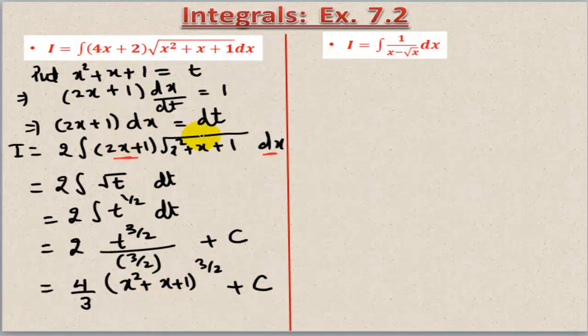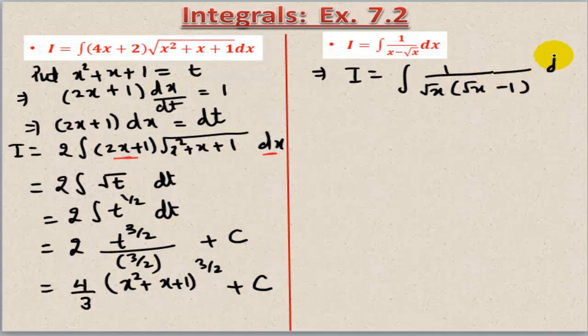So you can see with the help of substitution we were able to integrate the given function. Now moving on to the next, we will do a bit of simplification here before going for integration. You can see in the denominator there are two terms, x minus square root of x, and from both square root of x can be taken common. So we are left with square root of x minus 1 within the bracket.